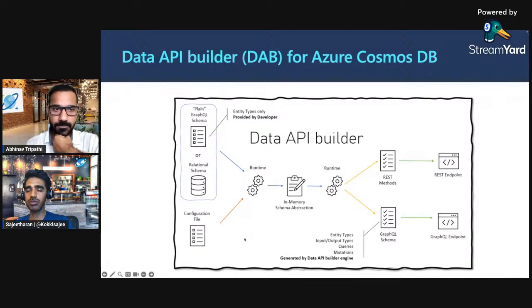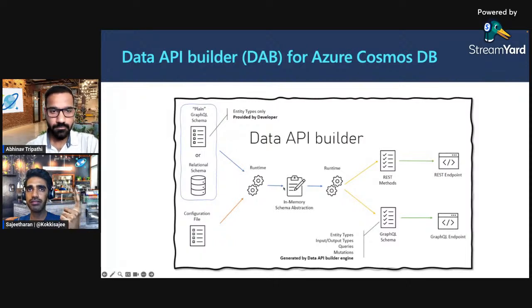We are talking only about the engine side, but we have certain other components, like when you consider the managed service through static web apps. This particular data API builder engine is open sourced. Basically, what it needs is two files. One is the GraphQL schema, which we spoke about in the previous slide, where the user has to define the particular structure that they want to deal with.